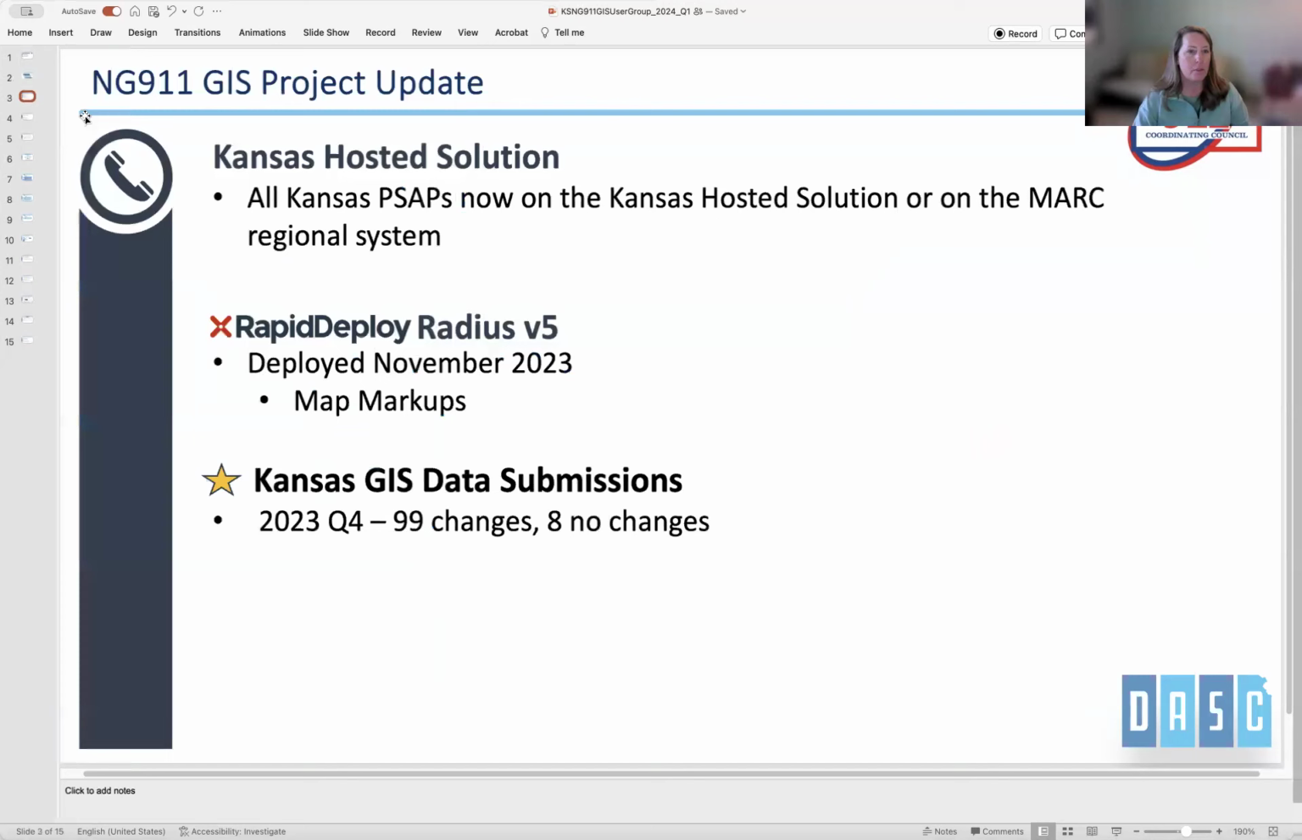All right. So to get things started, I'd like to give general project updates to everyone. The first thing is just an update on the Kansas hosted solution. Not much has changed, at least from the GIS standpoint, since the last time we talked. Just a reminder that all of the PSAPs across Kansas are now either on the Kansas hosted solution or on the MARC regional system. So that means if you're making a 911 call, whether you're in Brown County or Clark County or Cheyenne County, wherever you're in the state,